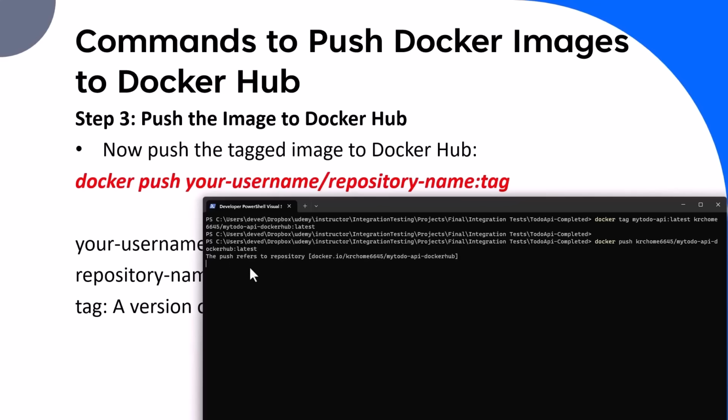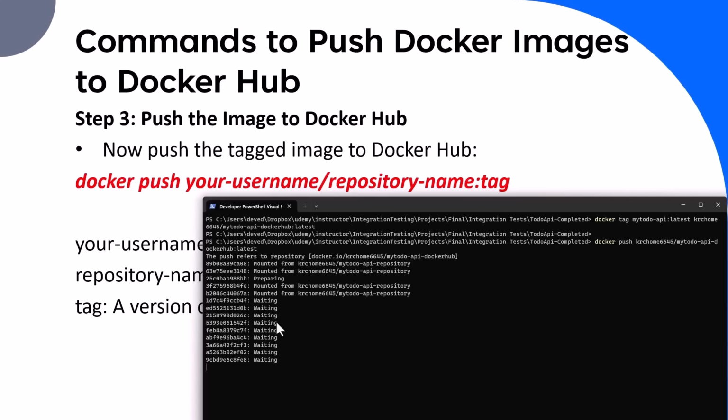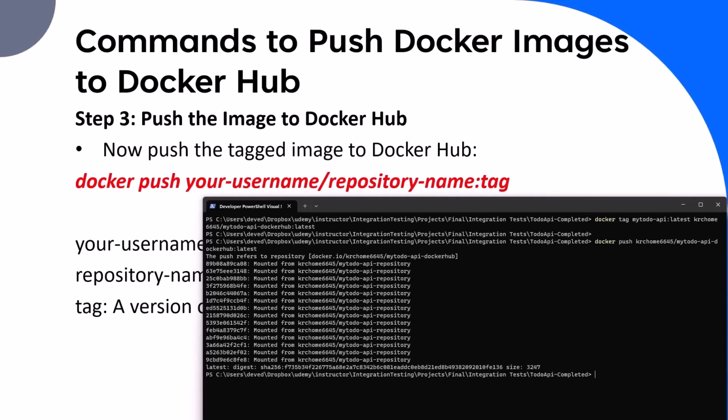Alright, so the push refers to the repository, and now it is all preparing and waiting to push everything. Okay, so we'll revisit once it is done pushing to the remote DockerHub repository. So it's all done. Okay, so let us check this repository,